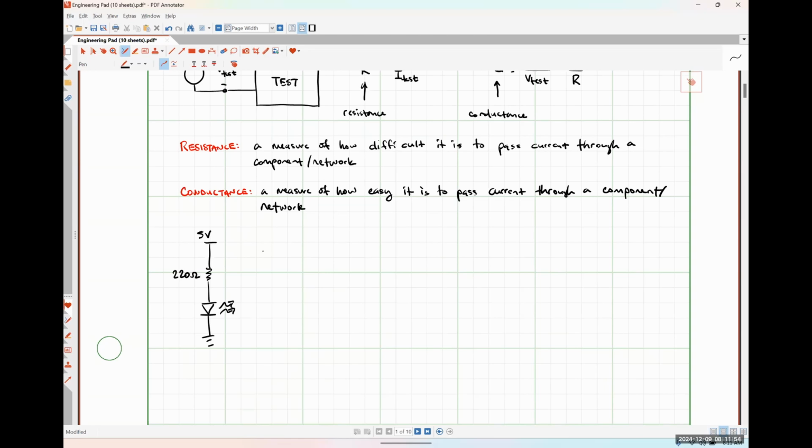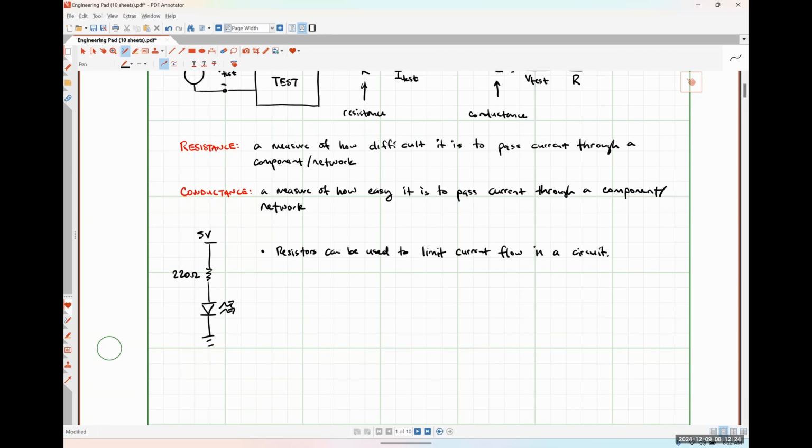All right, so let me put over here just a quick note. So resistors can be used to limit current flow in a circuit, okay? That's probably their most common application, but there is another